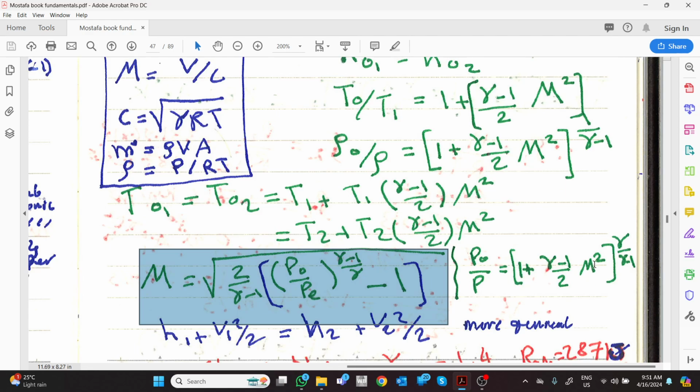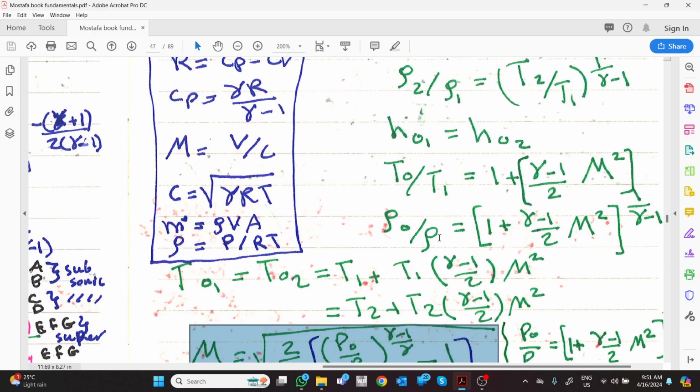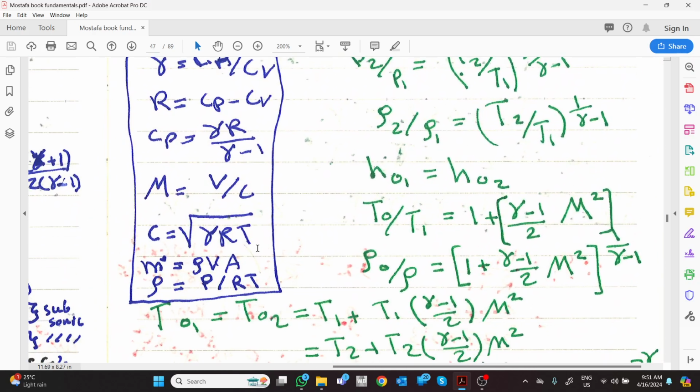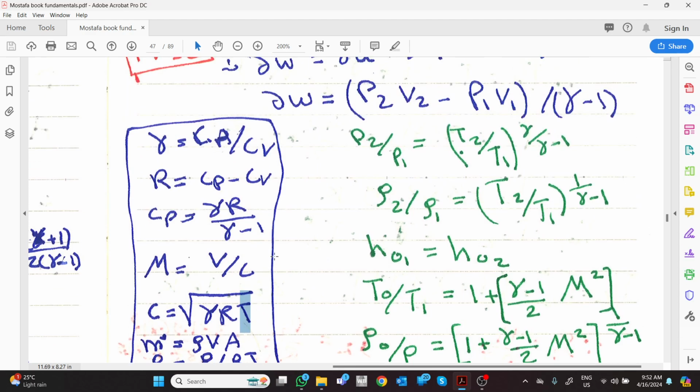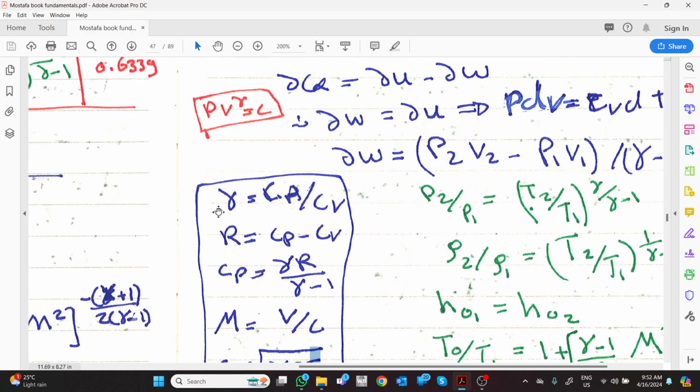Or this formula, okay? Also, we need to note that the speed of sound for the gas is changing based on the type of the gas and the temperature of the gas. Okay, it is the square root of gamma R T. Mass flow rate, of course, we know it is rho V area, where rho equals pressure over RT. Just this is information. And R equals Cp minus Cv, which is thermodynamics. Okay,